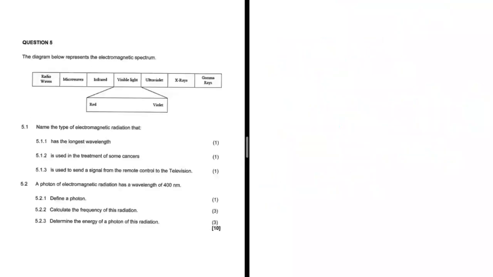Name the type of electromagnetic radiation that has the longest wavelength. So let's go ahead and take a look. We have radio waves, microwaves, infrared, up to gamma rays. The longer the wavelength, the lower the frequency. So the answer to 5.1.1 is radio waves. They have the longest wavelength and hence the lowest frequency. That is 5.1.1. Let's go ahead and take a look at